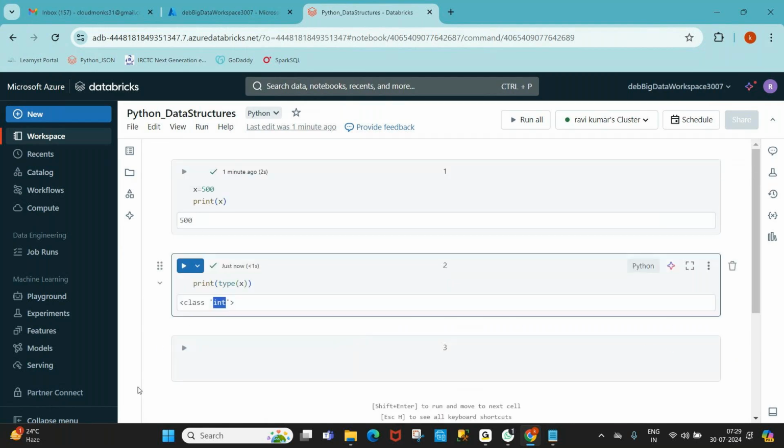One more thing. Let us find, since it is an object, every object is stored in memory. Memory will be allocated for the object. I want to know the address of an object in the memory. The object is 500, and that address is referred to by x.